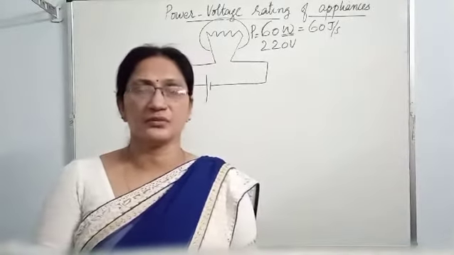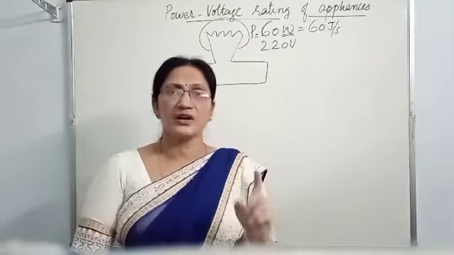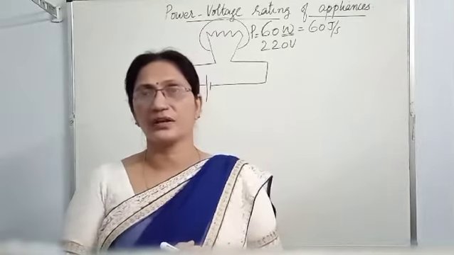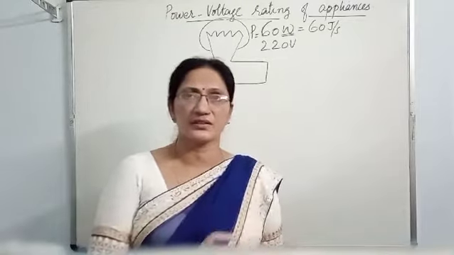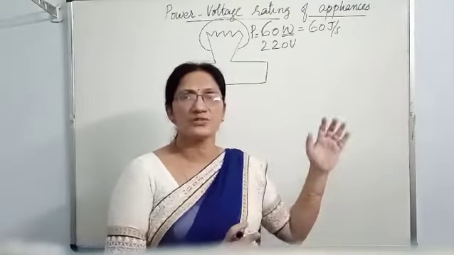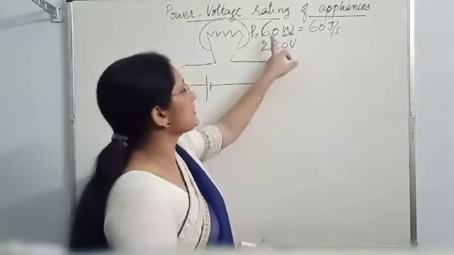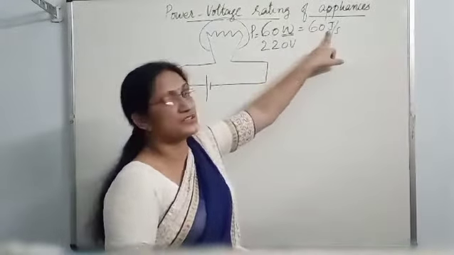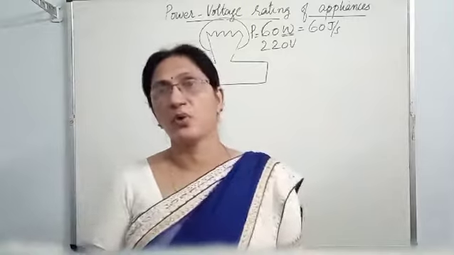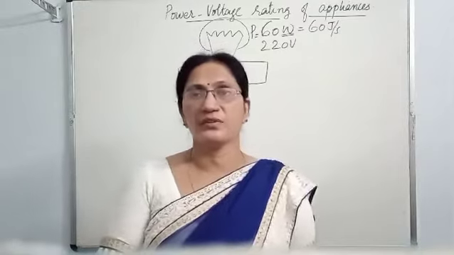That is the meaning of power of bulb is 60 watt. Or in other words, when this bulb is glowing, in every 1 second, it gives out 60 joules of heat and light. That is application of law of conservation of energy. 60 joules of electric energy it consumes in every 1 second means 60 joules of heat and light it gives out in every 1 second. Both are same. That is the meaning of power: how much electric energy it consumes in every 1 second. A bulb of 100 watt power means 100 joules of energy it consumes in every 1 second.